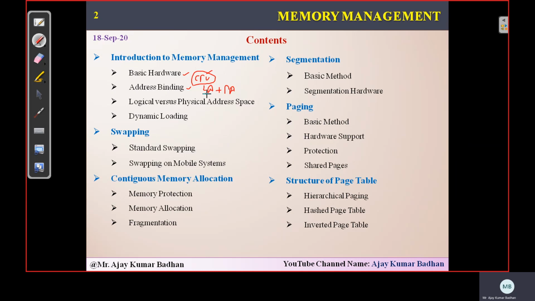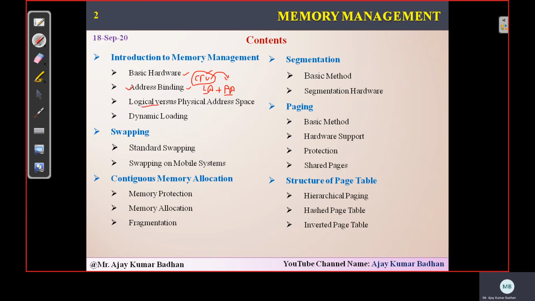But that address is not the one where your exact program will be stored, because we know that for a program to get executed, it should be brought into our main memory, that is your RAM. RAM has separate addresses, which we call physical addresses. The address generated by the CPU has to be mapped to the physical address. Then only can we store the program in memory and the process starts. How we bind the logical address to the physical address, we have seen in the previous session.